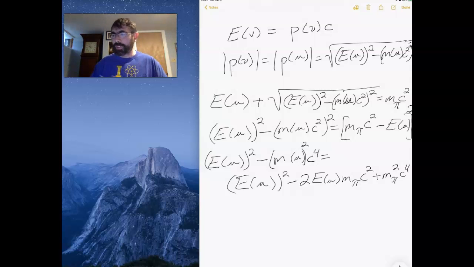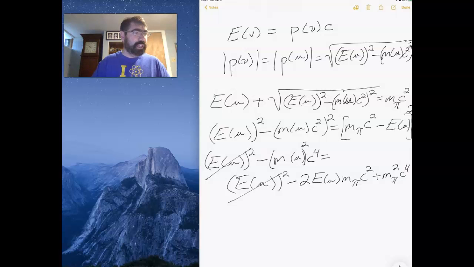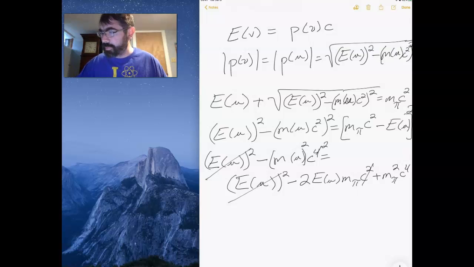Okay, so if I look at this, I can cancel out the energy of the muon squared right there, and what I am now left with is, let's see, I can cancel a c squared out of both sides. So that becomes c squared,